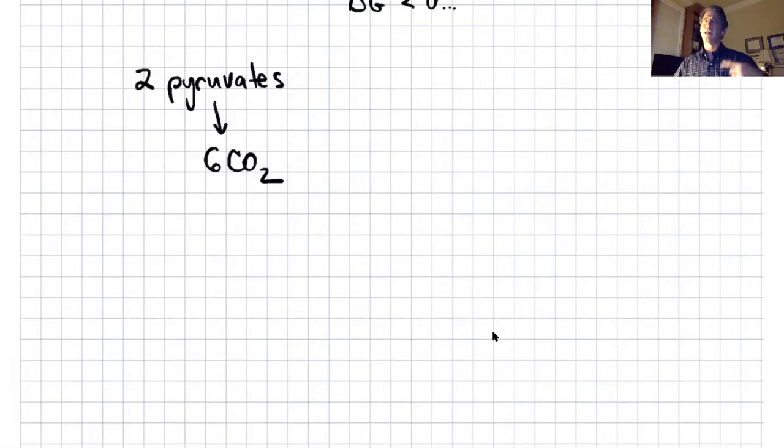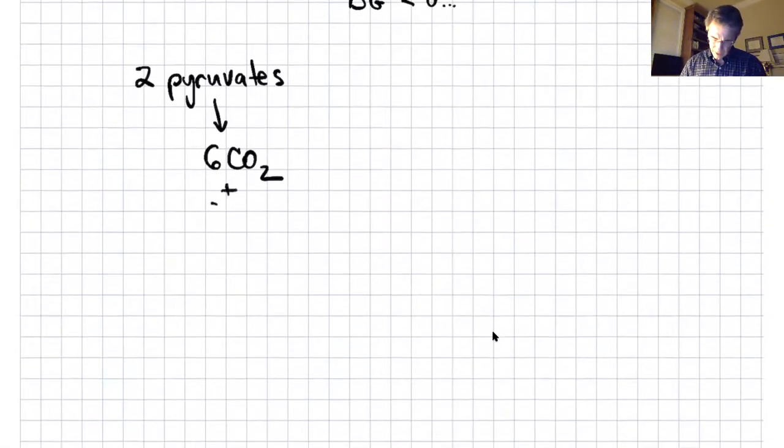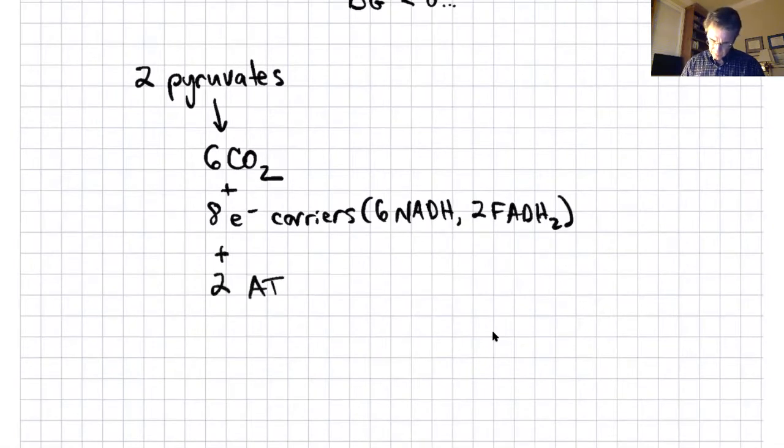So if you're not familiar with that, it'd be worth sitting down and just watching the carbons right out the cycle and seeing what's happening. Okay, we also got out of this 8 high energy electron carriers. So we had 6 NADHs net from this 1 turn of the cycle and 2 FADH2s, and we got 2 ATPs, or ATP equivalents,